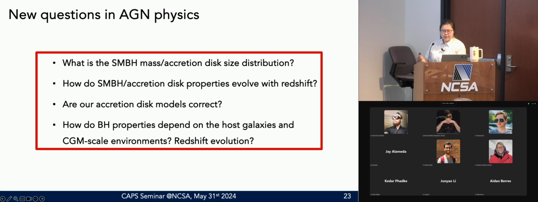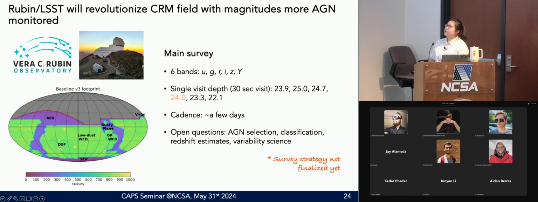What I'm really looking forward to in the next few years is Rubin LSST data. I really believe LSST will revolutionize the whole RM field, because there's so much more data that will be gathered. The main survey of LSST will be monitoring the southern sky every few days across all 6 bands: U, G, R, I, Z, Y. And a lot of these skies